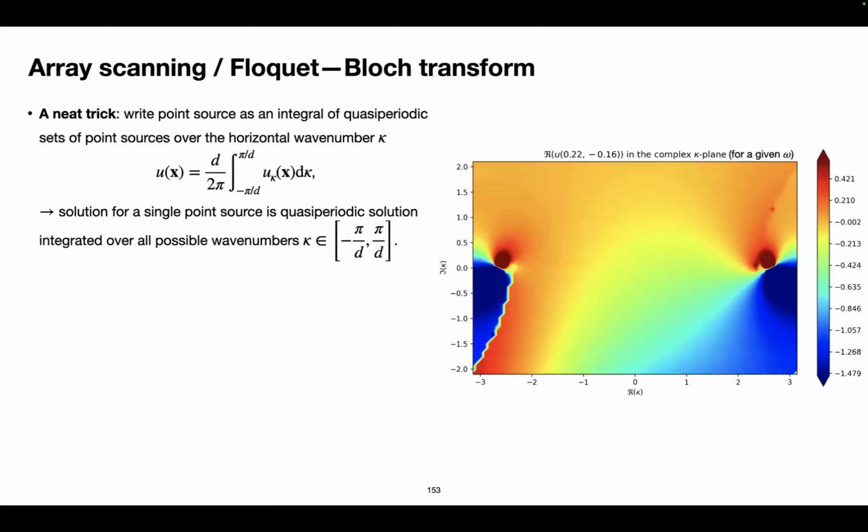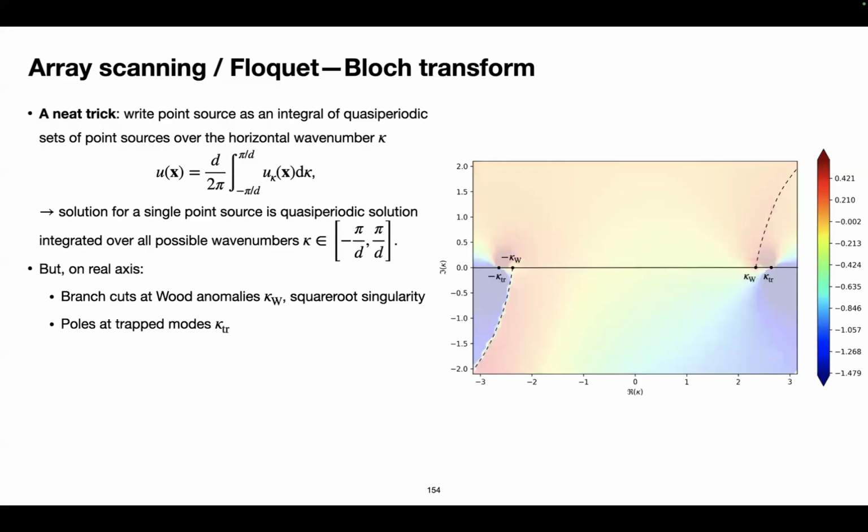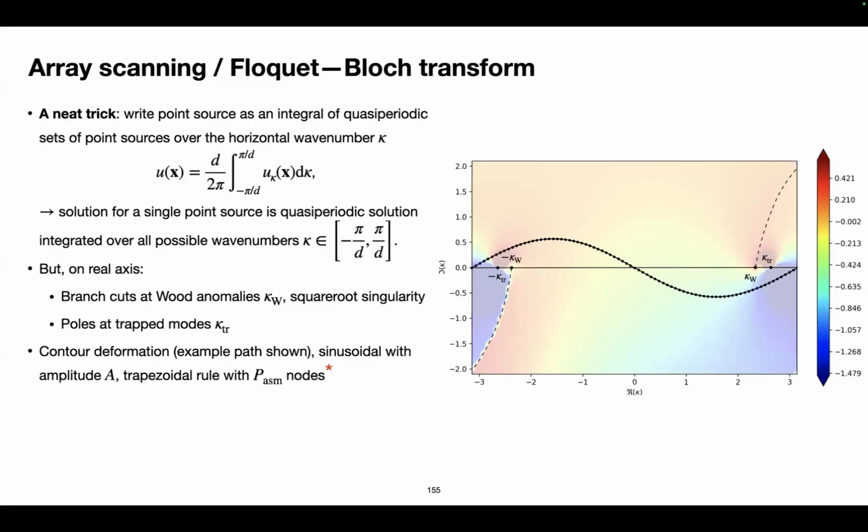This is what the integrand looks like in the complex plane. And you see that there are some really nasty things here. I'm not going to go into too much detail, but those nasty things are basically singularities. There are two singularities at minus kappa tr and kappa tr. And then there are these discontinuities here, which are called branch cuts. The idea is that when you integrate, you don't want to go near a singularity and you cannot cross a branch cut. So instead of integrating on the real line, I'm going to integrate in the complex plane. This is called contour deformation, and thus avoids those problems.